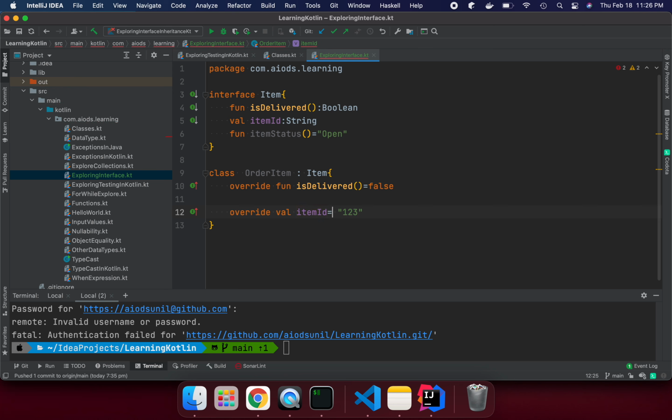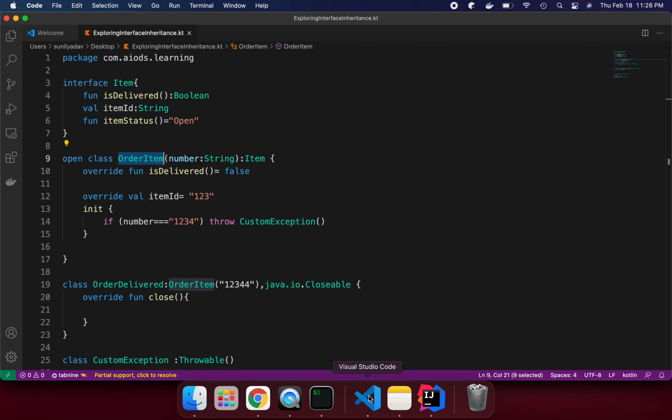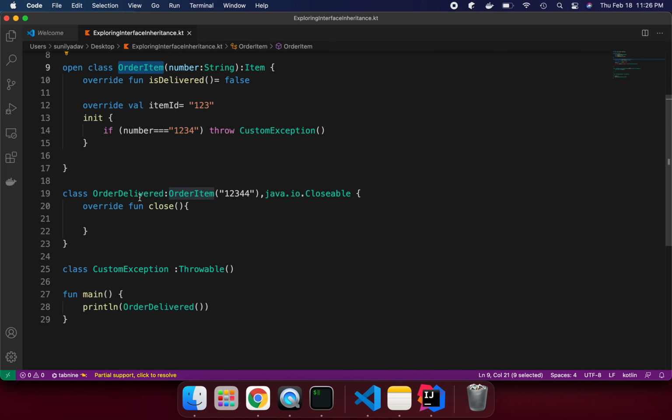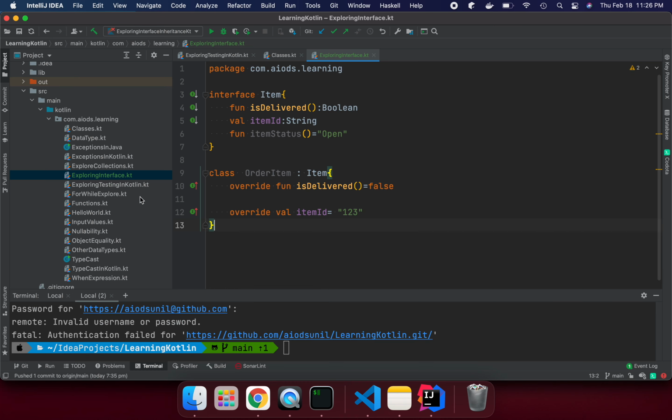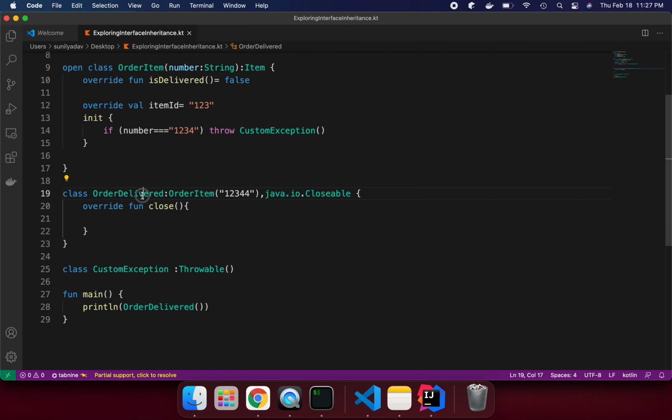And we need to use this one. These are the attributes I have used, so I just override them. This way it perfectly looks fine and it's good, right? That's not an issue. Let's create one more child class. Suppose we want to track whether the order is delivered or not. So I'm going to create one more class, OrderDeliveredOrderItem. Not OrderItem, it's not copied, I believe. So I can say OrderDelivered, right?